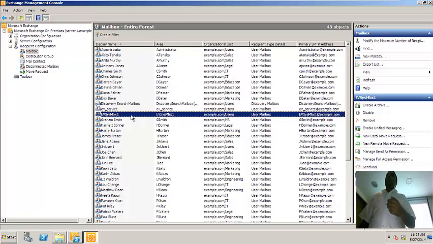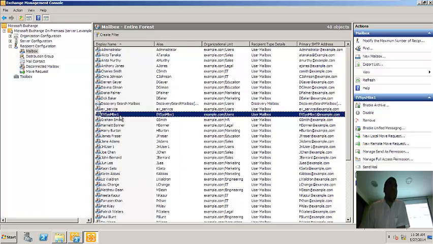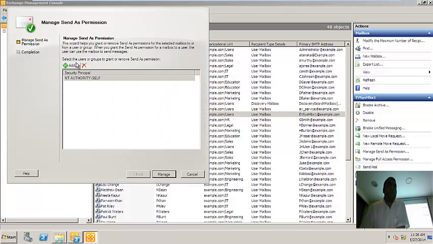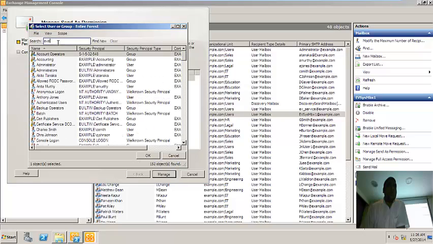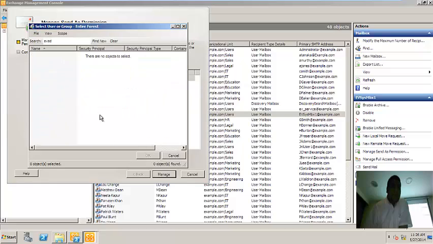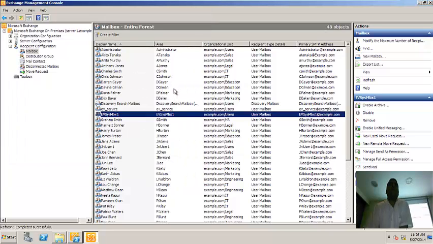What permission do we need? We need to give Full Send As permission on that system mailbox to the EV admin. You can run the command, or we can do it from the console. It's easy. I am doing it from the console. Okay, that's it. This is our Exchange part. It's finished.